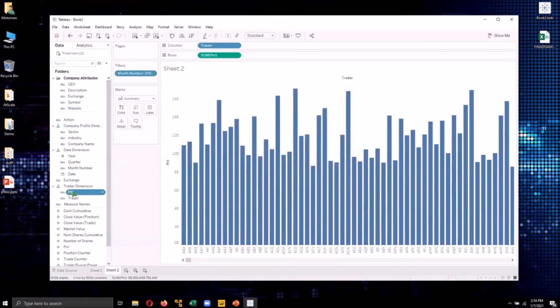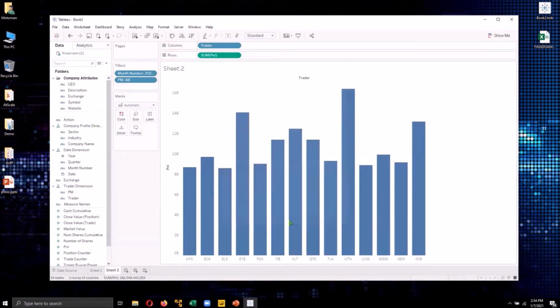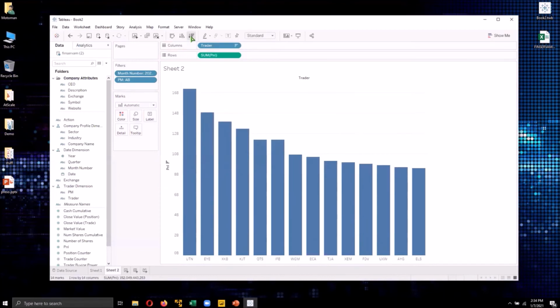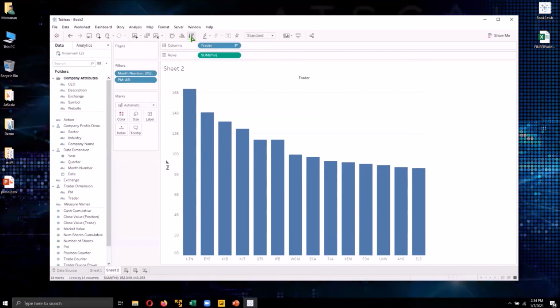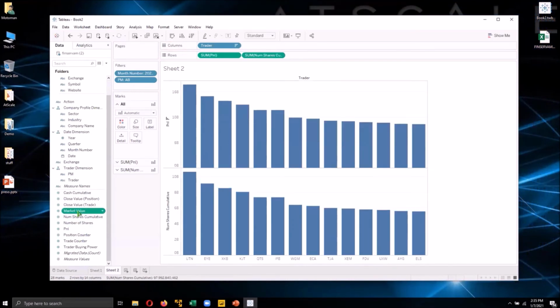And maybe we want to really focus in on just a given portfolio manager. So I'll grab one of these portfolio managers here, do a quick sort perhaps, and there's basically a ranking of all of my traders within that portfolio manager for November of last year. Now, obviously, I built this on the P&L. If I wanted to go and get some other measures, obviously, I can go and do that. So basically, you have that